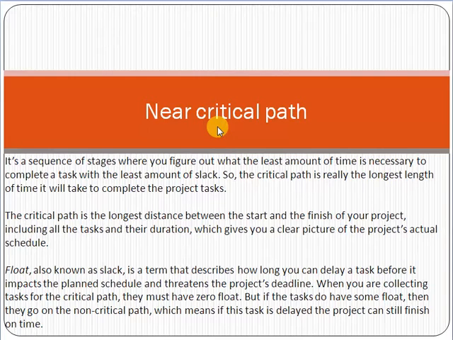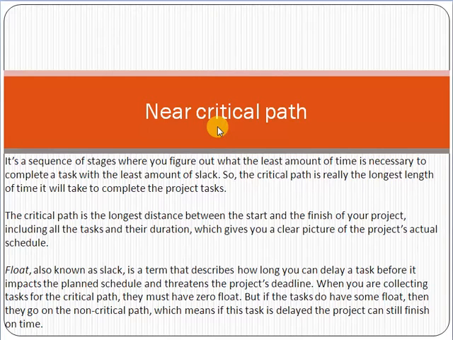Friend, it's a sequence of stages where you figure out the least amount of time necessary to complete a task with the least amount of slack. So the critical path is really the longest length of time it will take to complete the project. The critical path is the longest distance between the start and finish of your project, including the tasks and their duration, which gives you a clear picture of the